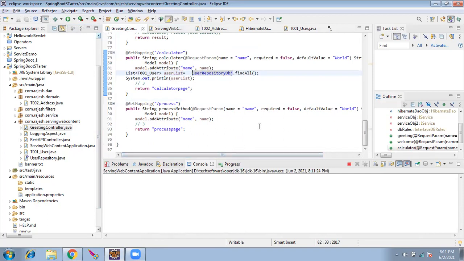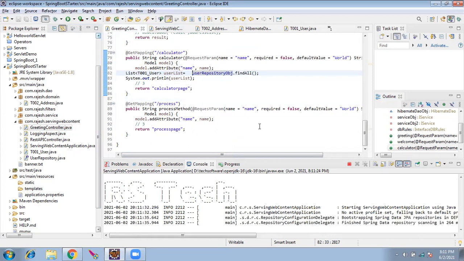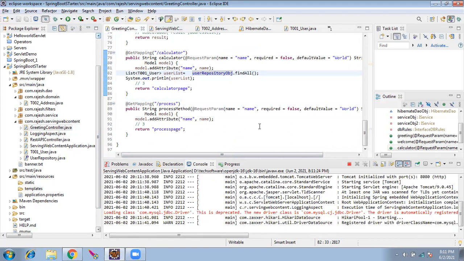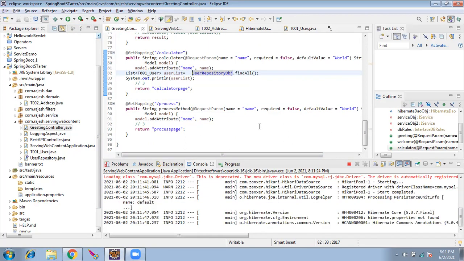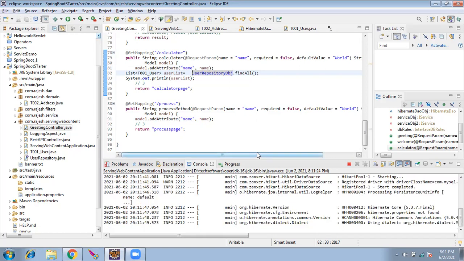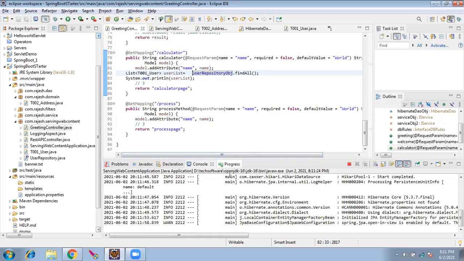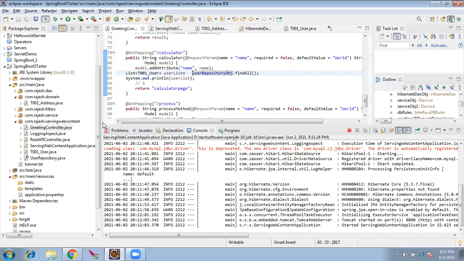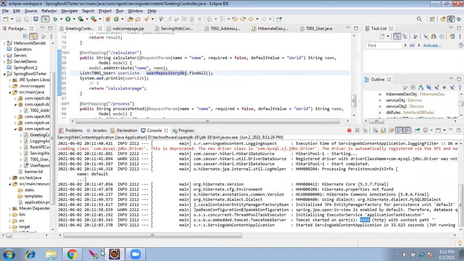Since we have seen all the Hibernate in detail in the standalone, I'll skip through giving all those details. After this, I will give an overall architecture of what we have covered so far in the training, just to refresh the memory and to give a moderate level understanding of what all has been covered. You can clarify your doubts if you have something. Okay. So the application has started in port 8080.